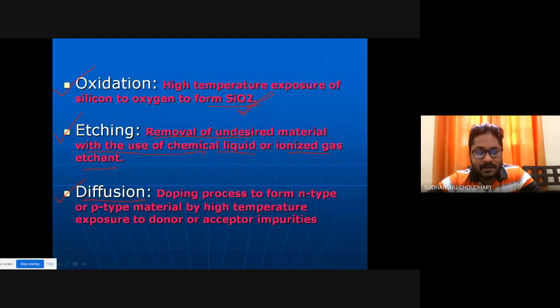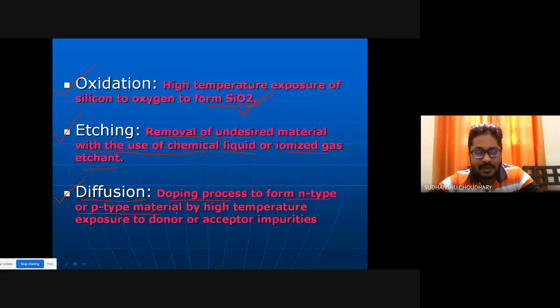Now ion implantation is used, because accurate depth of doping can be controlled by using the ion implantation process. But yes, diffusion is also an important process. This enables you to perform doping in the semiconductor material, to form N-type or P-type material.